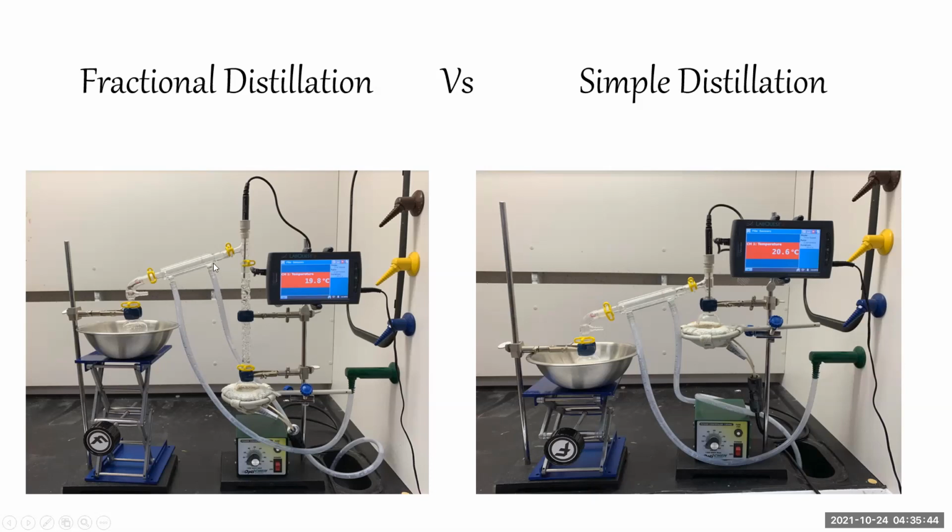If you have the water going in through the top and out through the bottom, it won't completely fill up the jacket on the condenser. And then we have another adapter and a round bottom flask that we're collecting into, and an ice water bath just to make sure that the liquid stays cool and isn't too hot, because we don't want the cyclohexane to evaporate after the distillation has taken place.